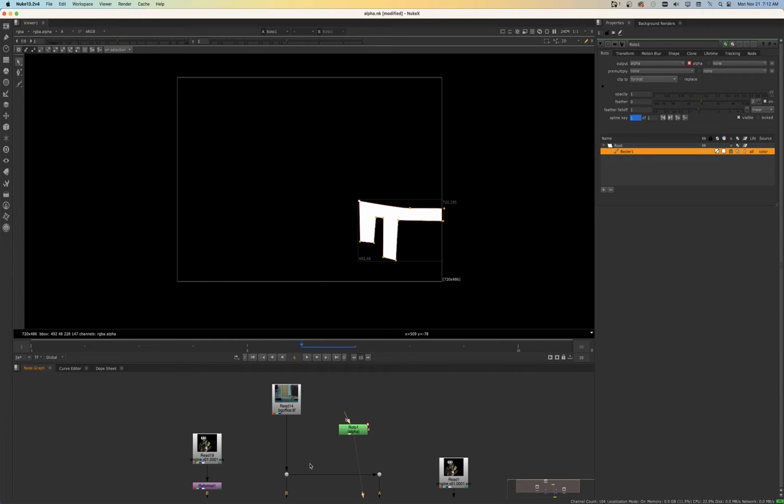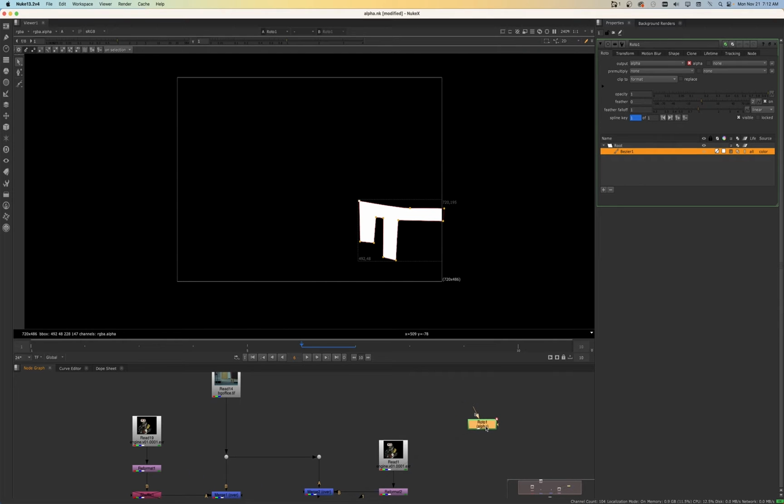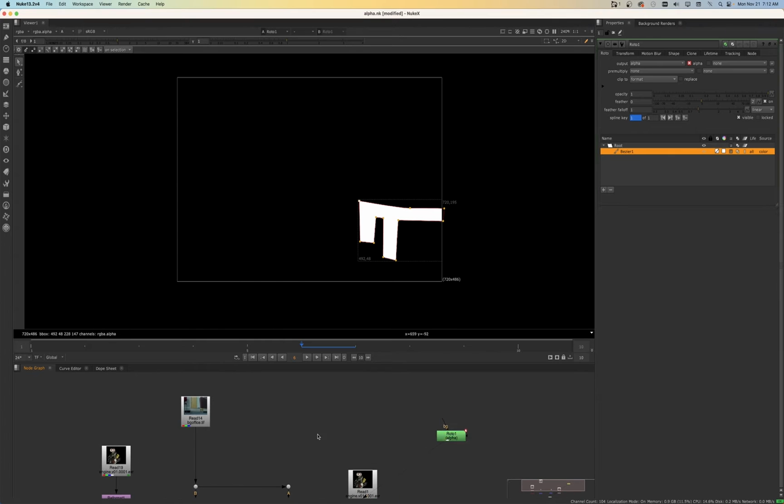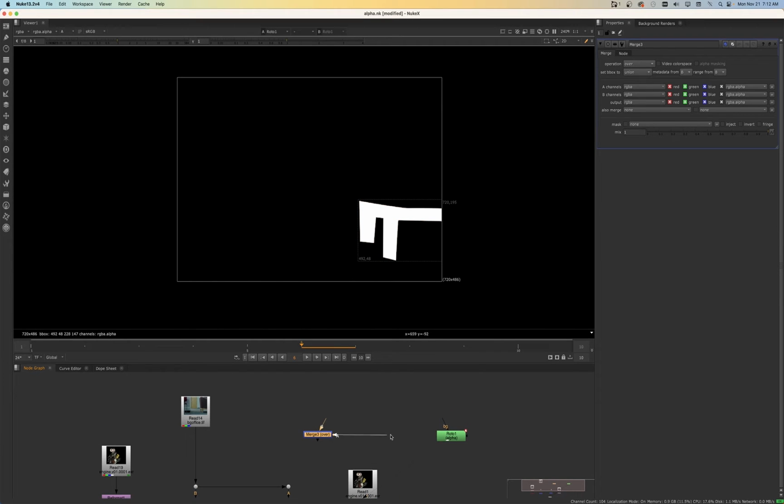We see now we have an alpha. So we can use this alpha channel that we created for different things. We can use it for color corrections. We could use it to extract parts of the chair. So if I go ahead and I say I want to cut that part of my chair out,